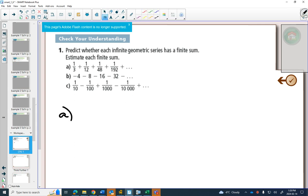So for A, first of all, you see that r is 1/4, that you would multiply by 1/4 to get the next term. If you kept on going, you see that the numbers that you would add get smaller and smaller and smaller. Eventually, you're going to be adding numbers that are so close to 0, we'd say they're 0. So for A, we would say that it is